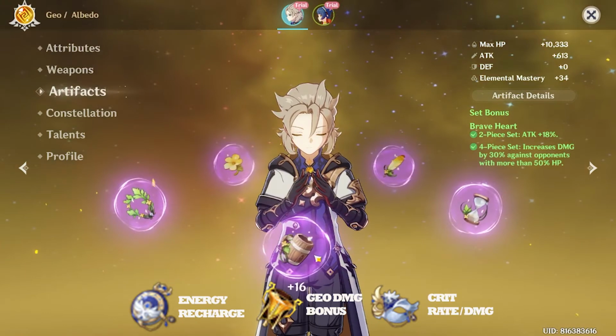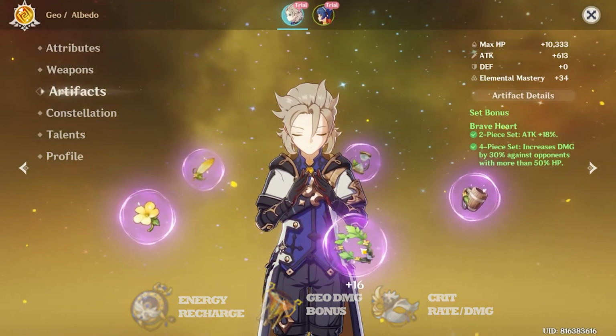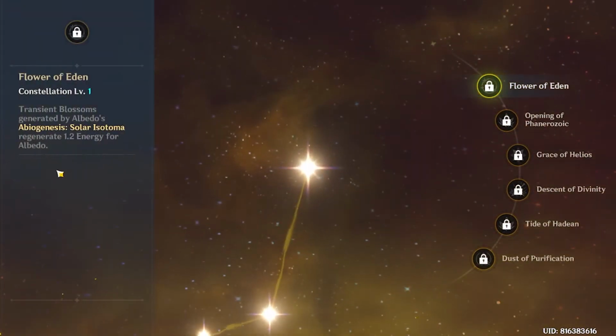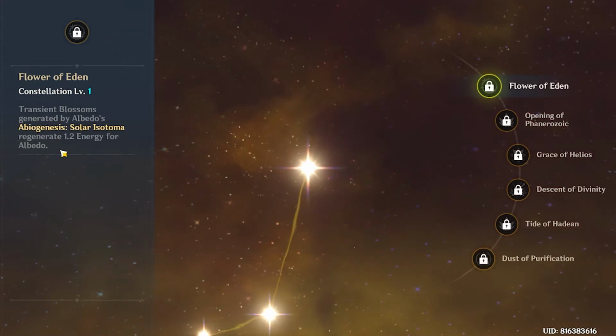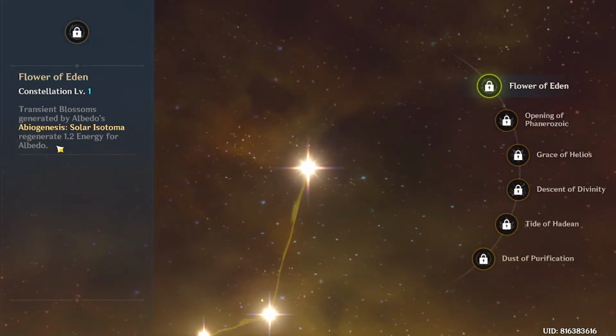And then the cup, you can go Geo damage bonus. And for the helmet, you can go either crit rate or crit damage. Then for the constellation, the first constellation, Transient Blossom: generated by Albedo's Abiogenesis Solar Isotoma, his elemental skill, regenerates 1.2